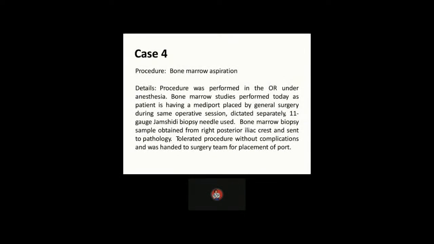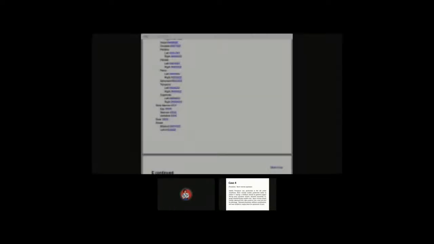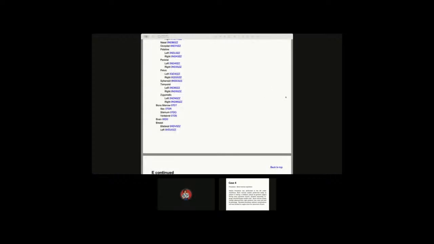All right, so now we are at the beginning, and it was that bone marrow, and we got to answer a question. Is it iliac? Is it sternum? Or is it vertebral? And so back to the scenario we go. Okay, so it was the right posterior iliac crest. All right, so now let me get my code book up. So iliac 07D. And I will continue to build my code, which is 07D